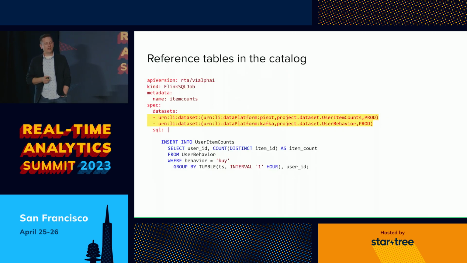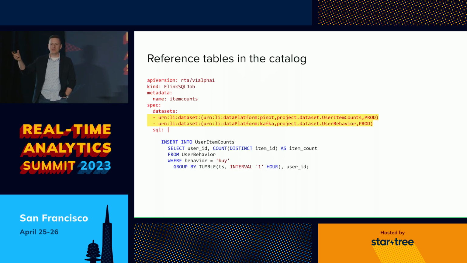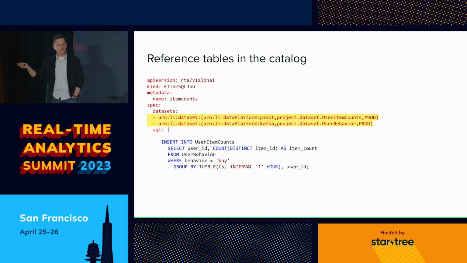So if we built such an operator, we extend our model. This means that we don't actually need the table YAML anymore. We could potentially just reference datasets directly in something like DataHub. And so now you can see the operator is starting to get pretty smart, right? You're pointing it at a DataHub dataset, and it has to go and talk to DataHub, download schemas, interrogate DataHub to figure out what tables are there, and then auto-generate the DDL on your behalf, right? But it's possible. And of course, now this is the sum total of what we have to write to create a new job.